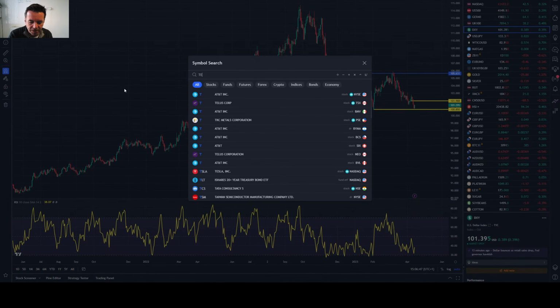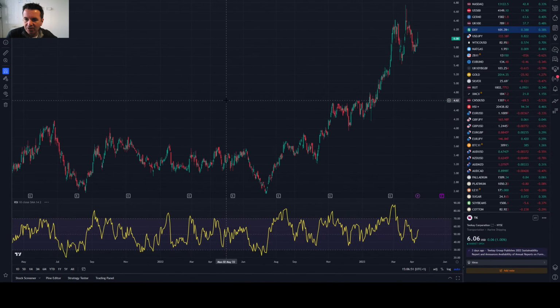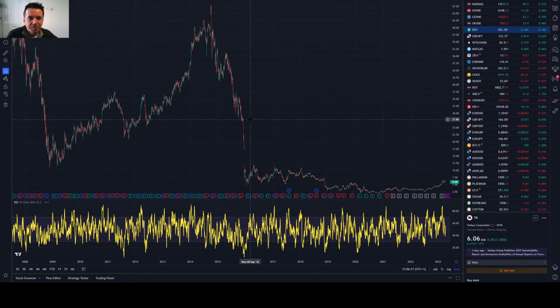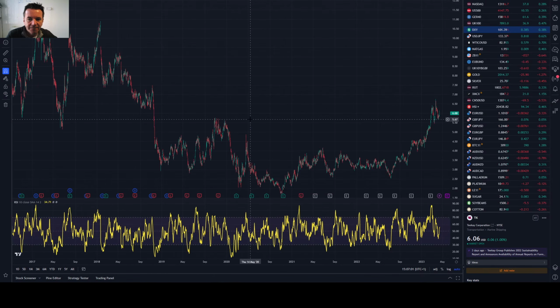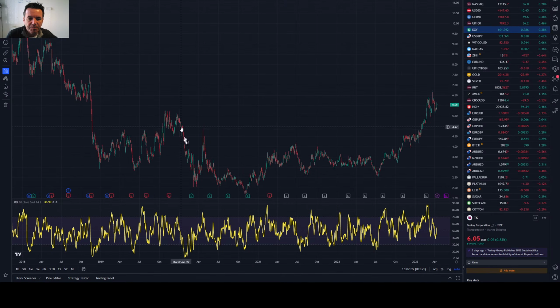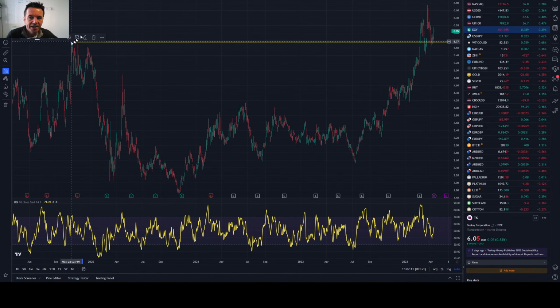TK Corp, TK Tankers, TK Corp, Transportation and Marine Shipping. Oh, it's not been good over the years, is it? But if we zoom things in a bit, it's a bit of a classic breakout from a big base, isn't it? The only question is, and it's always a big question, would you buy it here?